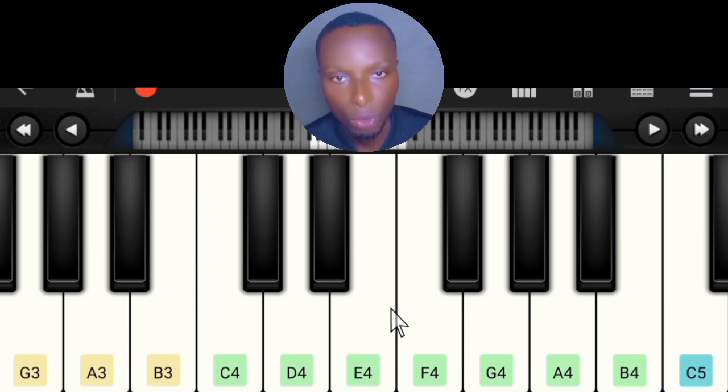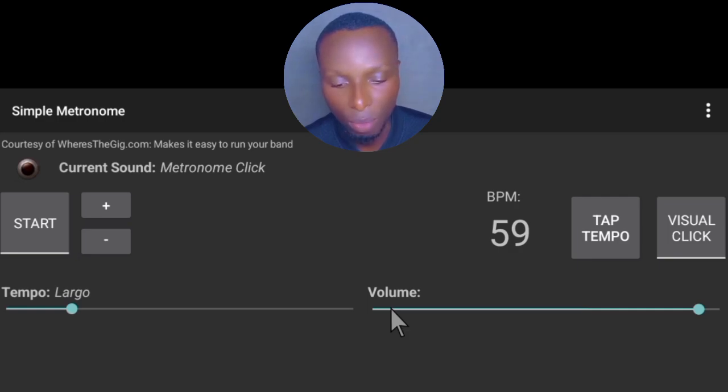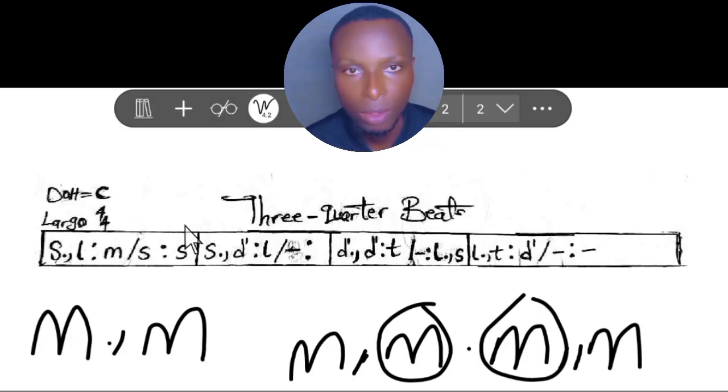Do, right? So let's move over to the metronome and know how fast or how slow the song is. Alright, we are on the metronome and the tempo there is largo. So we are going to start it right now. Okay, that's the pace of the song. Let's stop that and go try sing the song right now. So our key is do and the tempo, remember, is,